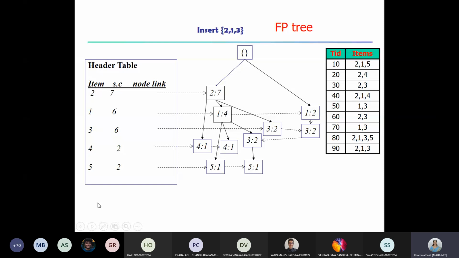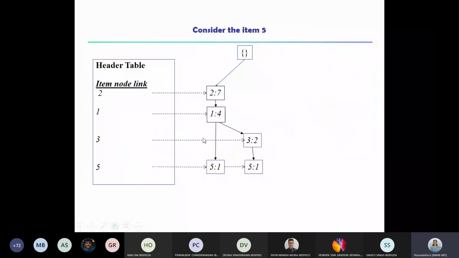Okay, they are the only two paths that I have shown you in this diagram. Of course, it is not a conditional pattern. I'm just extracting the part from the complete tree so that you are able to understand. These are the two paths which are leading to 5. From this we need to get all the prefix paths, that is, the paths which lead to 5, and construct what is called a conditional pattern base. And this is the conditional pattern base. You can see here 2, 2 times, 1, 2 times, and 3, 1 time.